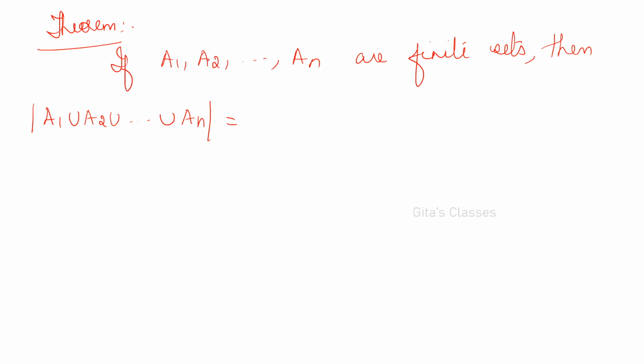You have to sum all the elements taken 1 at a time first. So 1 less than or equal to i less than or equal to n, cardinality of Ai, right, plus